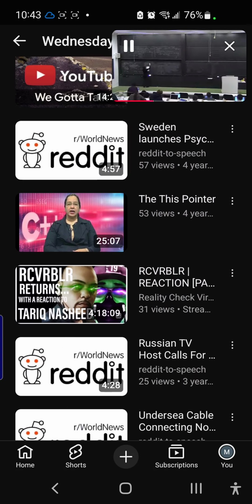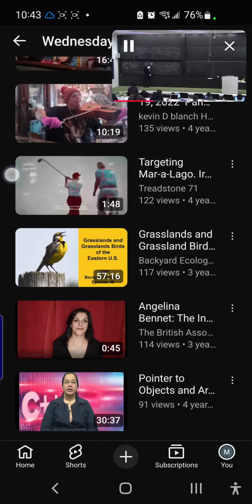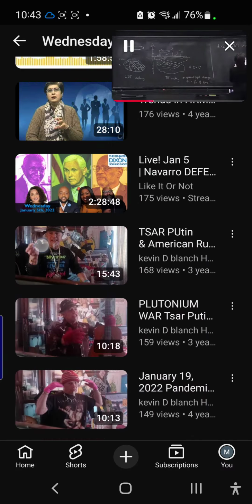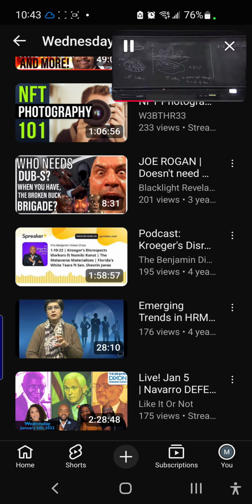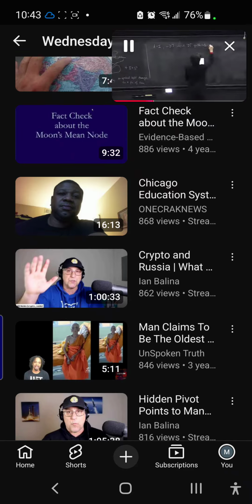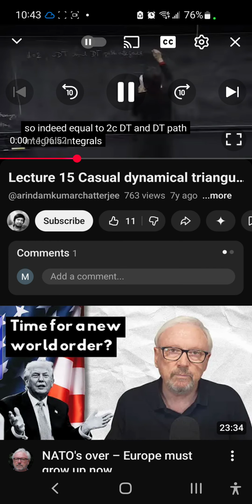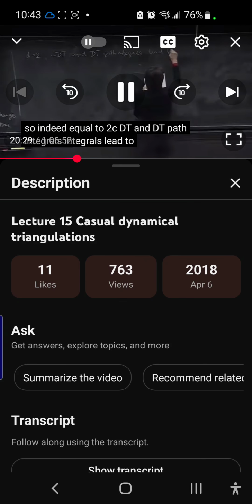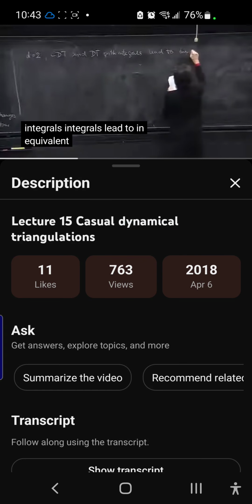So in d equal to 2, CDT and DT path integrals lead to inequivalent